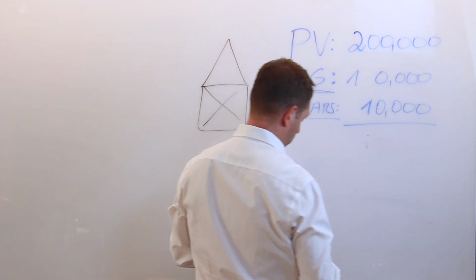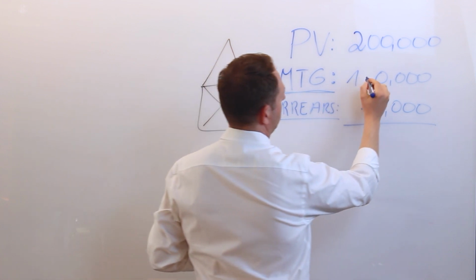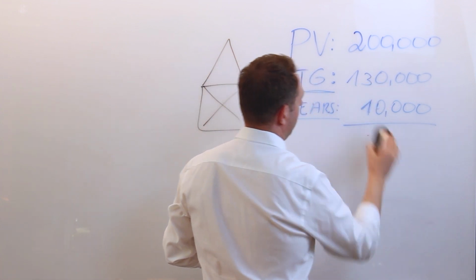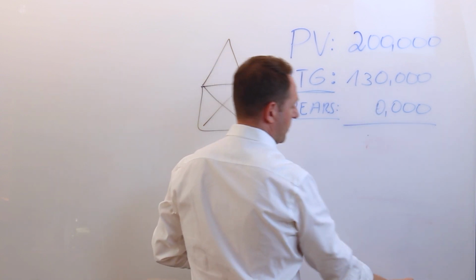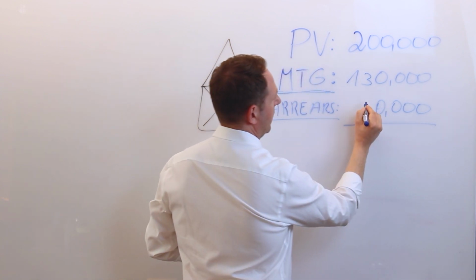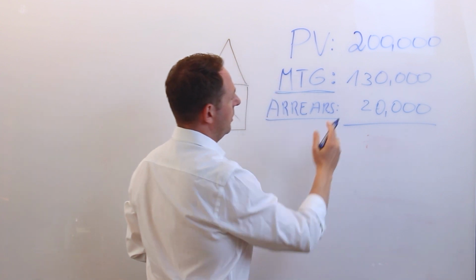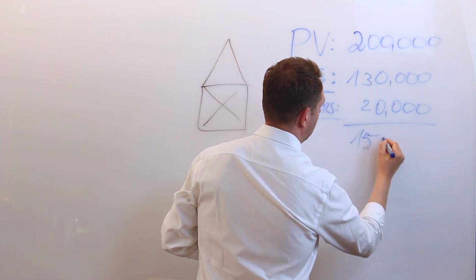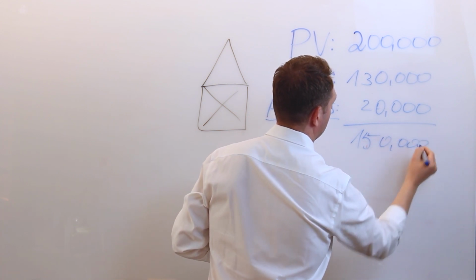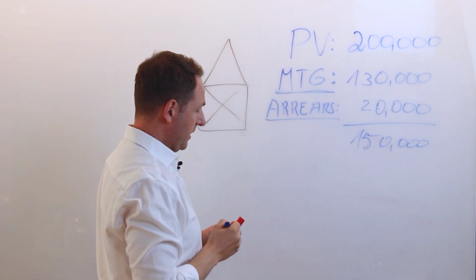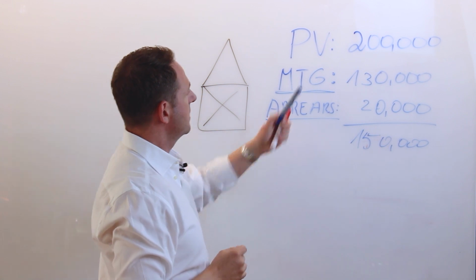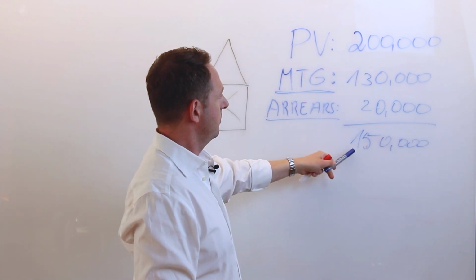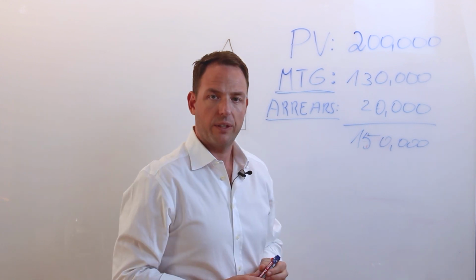They owe $130,000. And their arrears, let's say, are not $10,000, they're $20,000. So in total, they owe $150,000. So now this homeowner has equity worth $50,000. So it's a good chunk of equity in the property,